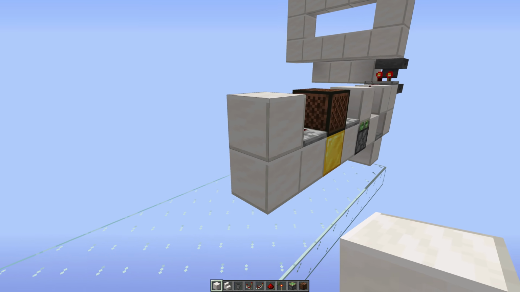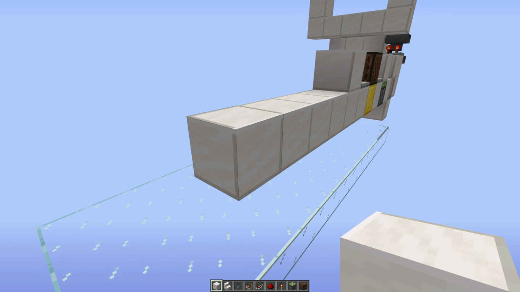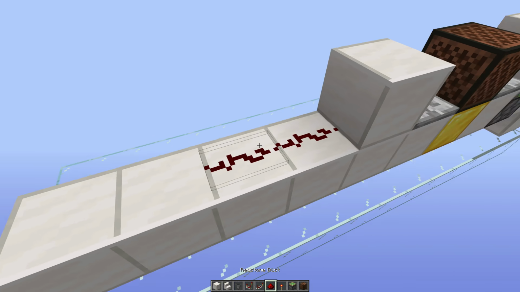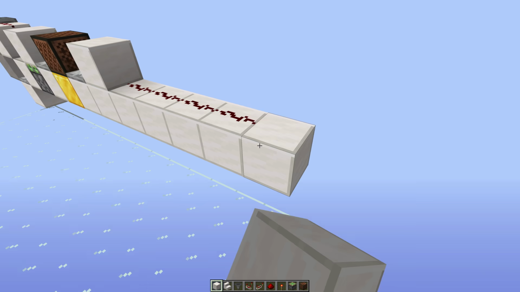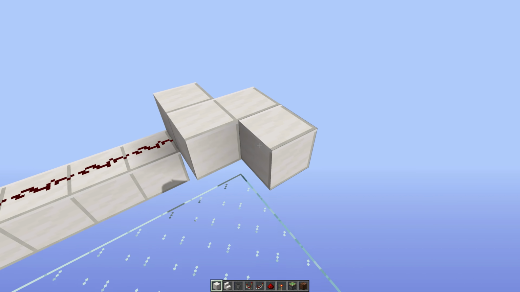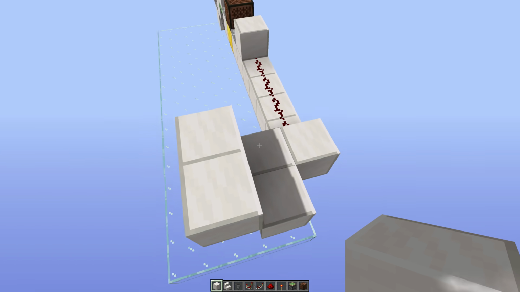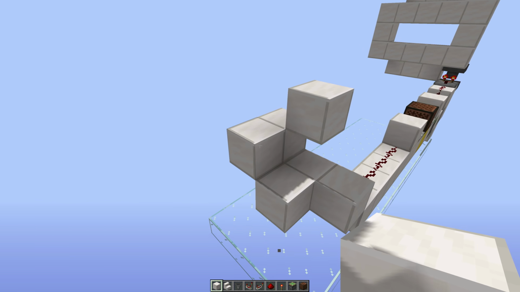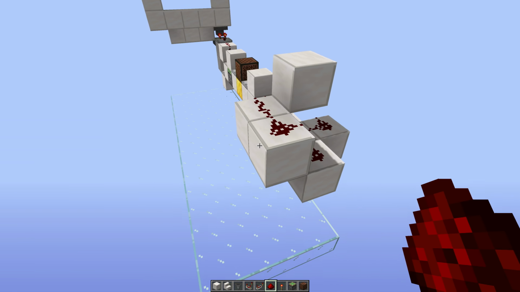Running into this block. Then 4 blocks like so, with 4 pieces of redstone dust. Then over here 3 blocks like this, and some blocks like so. Put down some redstone dust, and over here